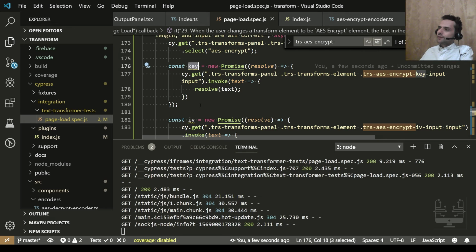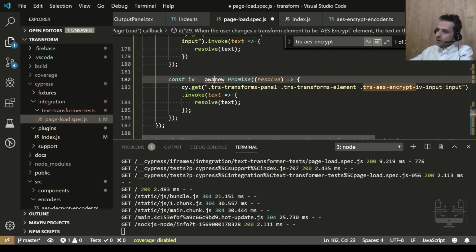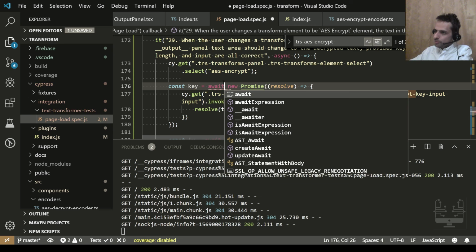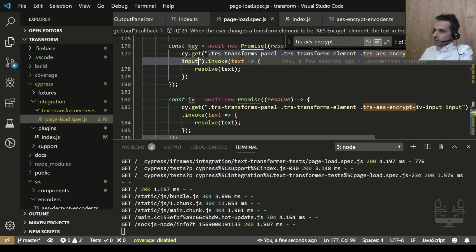Key and IV, we have both here. Wait, new promise I meant, of course, not the promise itself. So